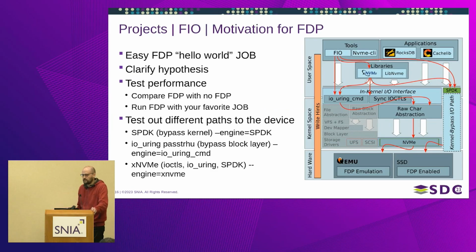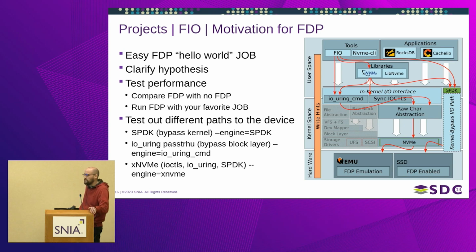So FIO, I think everybody knows what FIO does. FIO is fantastic, I think, because you can choose so many paths to get to the device. And I think that's one of the nice things that you might want to do if you are undecided to see where to go with FDP. So you can say, which path do I want to take to the device with my FDP